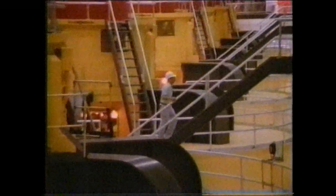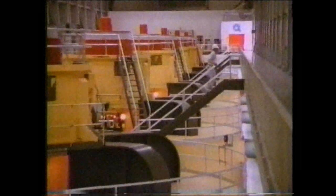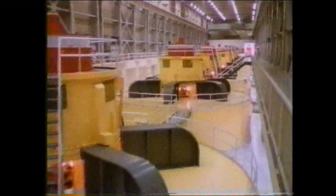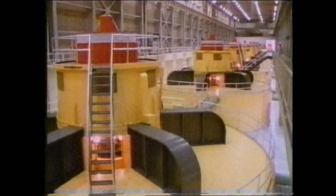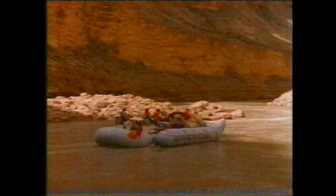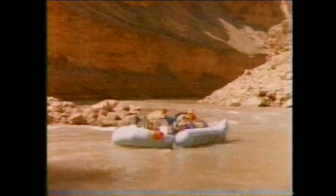The Glen Canyon Dam is run by the Federal Bureau of Reclamation and, until recently, has been a steady producer of premium peak hydroelectric power, available instantly during periods of high demand to the states of the Southwest. Downstream, the dam has dramatically altered the Colorado River and the Grand Canyon's ecosystem in ways that scientists are still